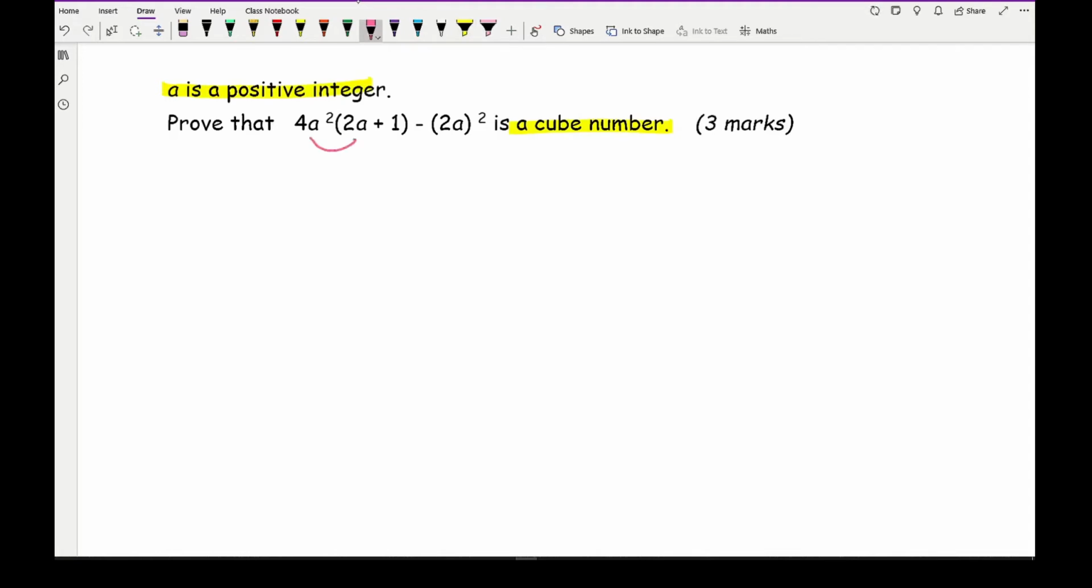So expanding these two things, we get 8a cubed plus 4a squared, and then minus (2a) squared, which is 2 squared giving me 4, and a squared giving me a squared. Now from this we can see that the 4a squareds cancel each other out, and so all we're left with is 8a cubed. Now, we could factorize this. What most people would do is recognize that this is 8 times a cubed. Now 8 is a cube number,